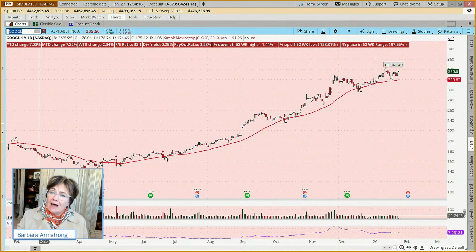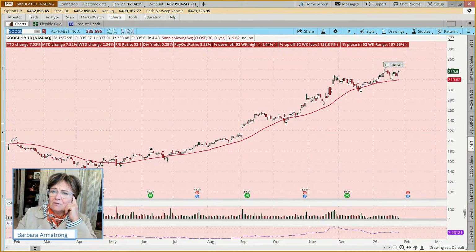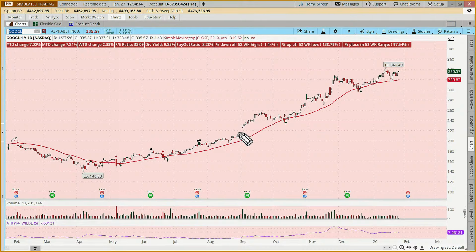And so some might say, well, haven't we missed the move? And you could look at it that way. But then you might have looked at it that way back here and said, well, look, we've missed the move. Or you might have said that here, or here, or here, or here. And we might be saying that again today. But we don't have to get the whole move.